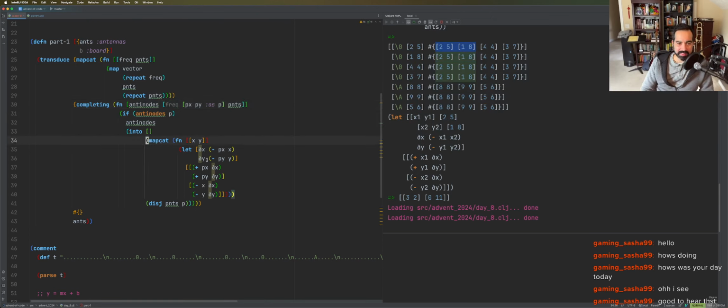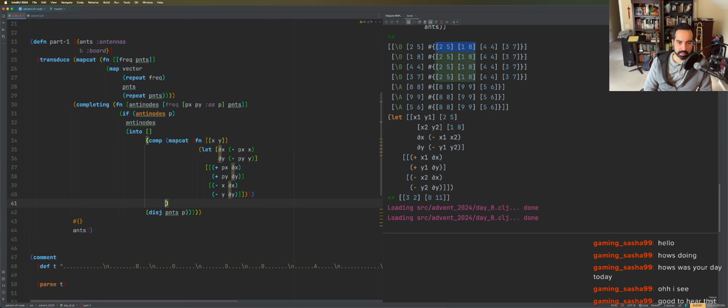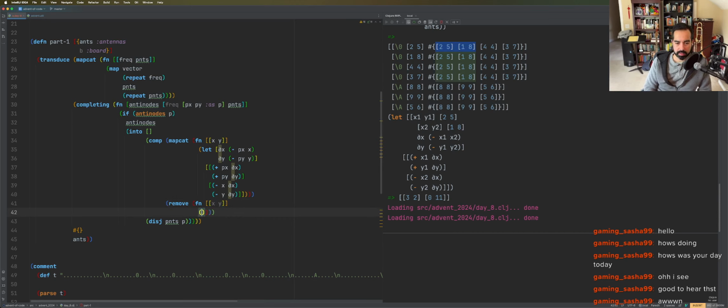Okay, so this gets us all the antinodes. We want to remove the ones that are off the board. Remove, removed all the ones where